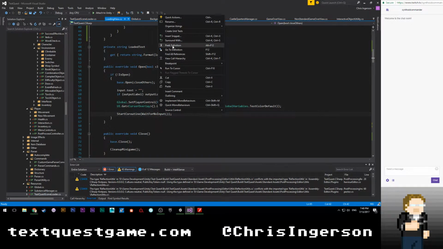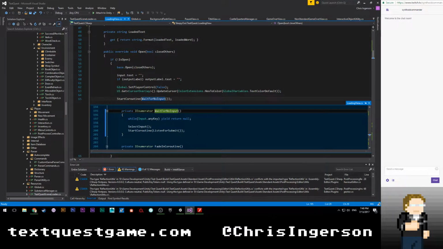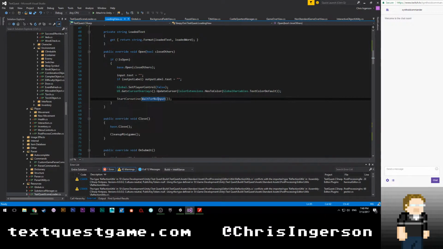And this is what wait for input was supposed to do, which is basically saying don't do anything until we actually get a key, or we get a key down. So, okay. Select input and then listen for submit. It's interesting, but that doesn't actually stop us from typing.